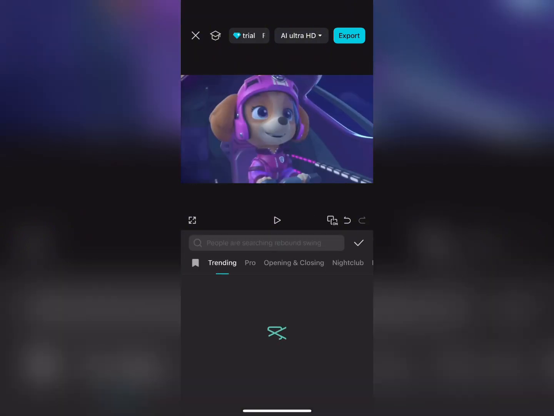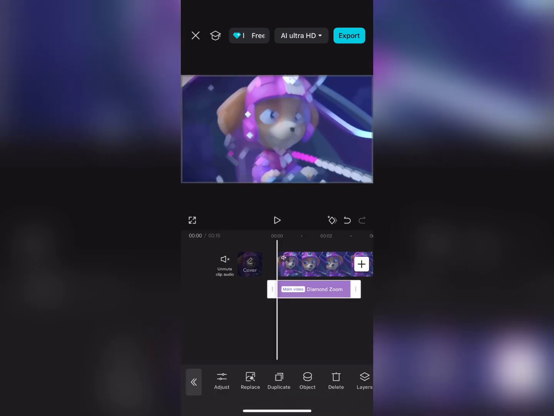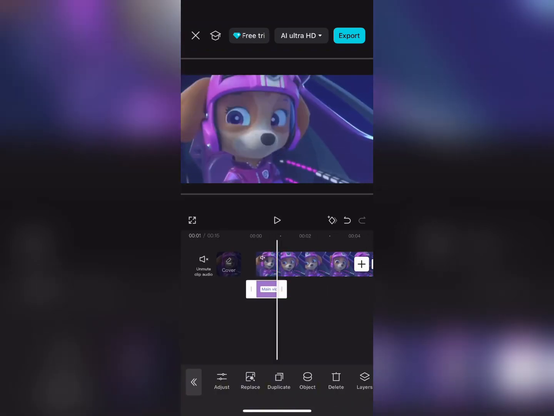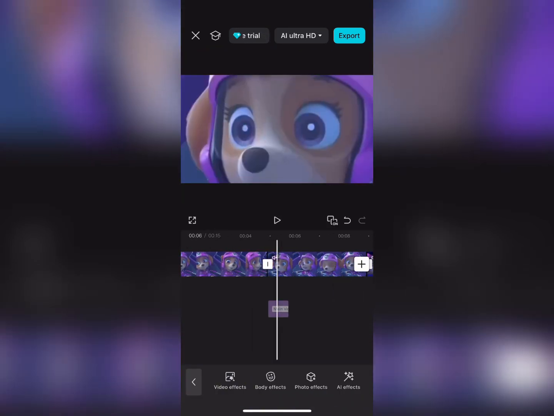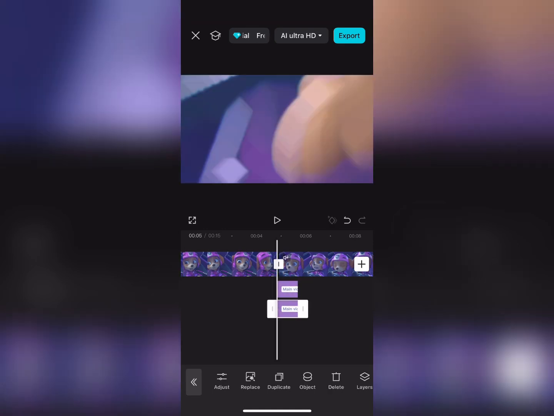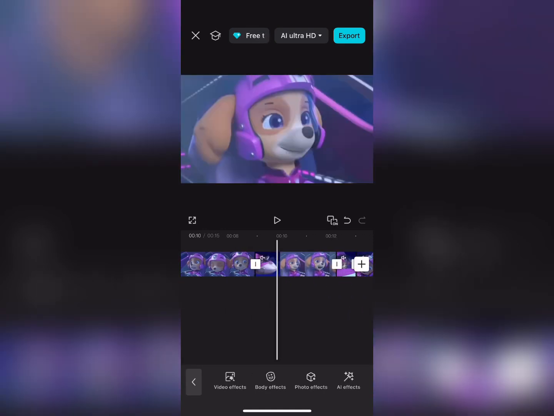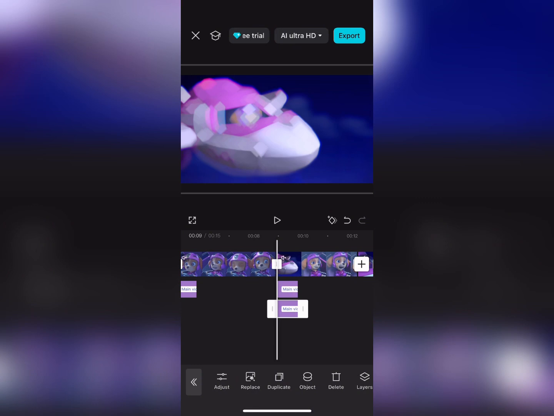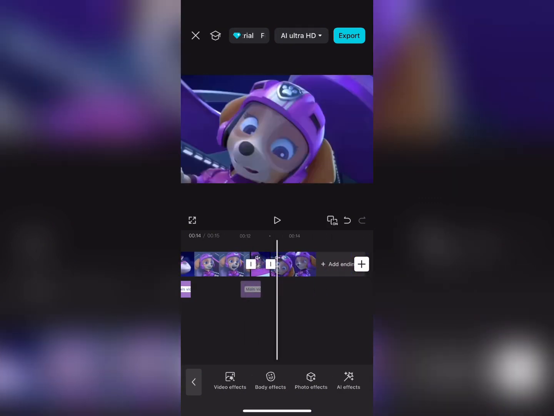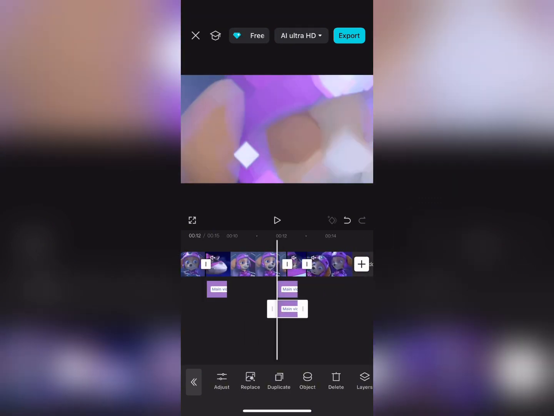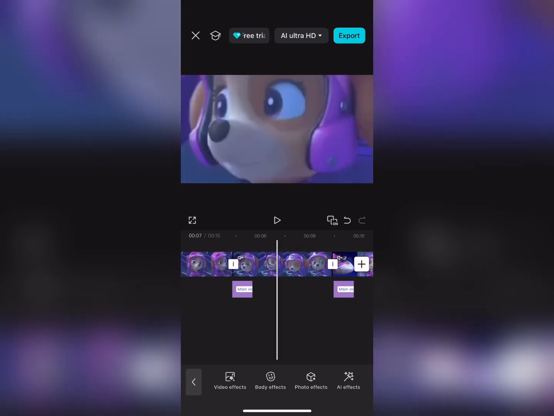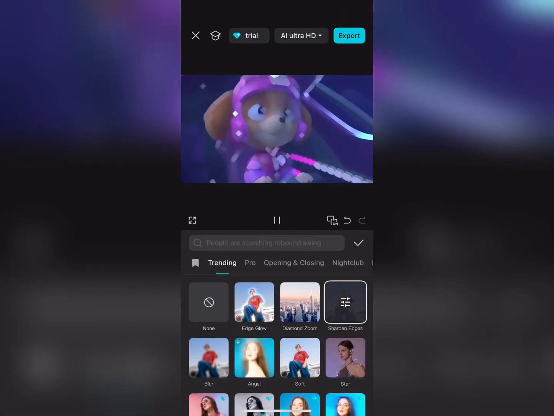Okay, next go to effects and use it, as shown in the video I use, and then after you do that, go back to effects again and do